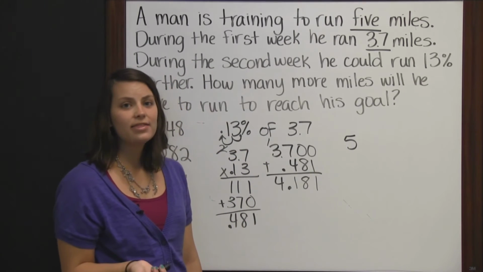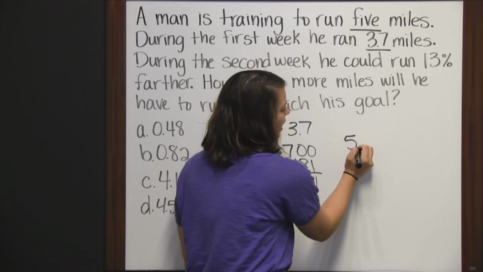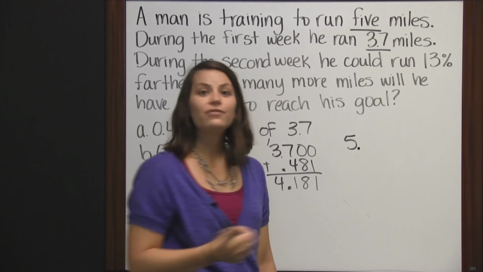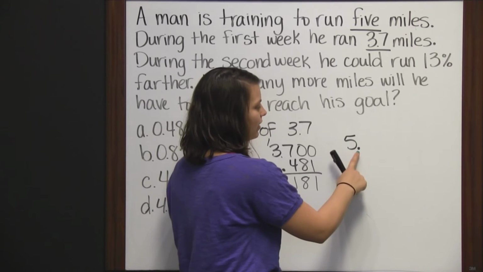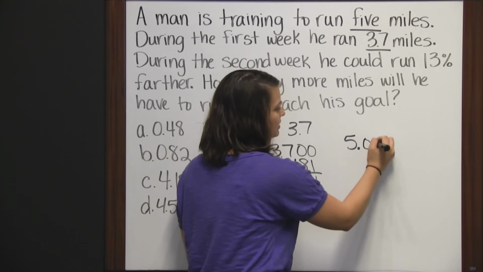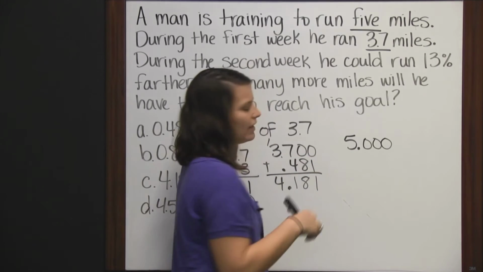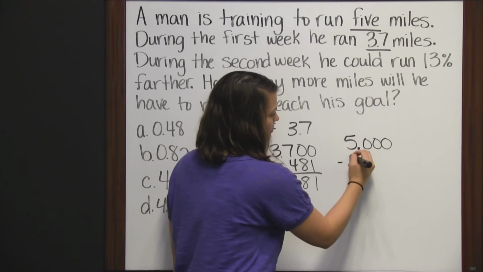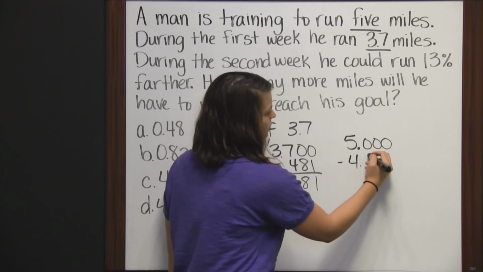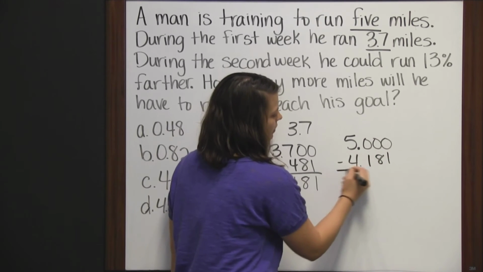Well, if you can't find the decimal, then the decimal's behind the number. So this is 5, and you can add as many zeros as you want to add. And the number doesn't change. And then we're going to subtract 4 and 181 thousandths